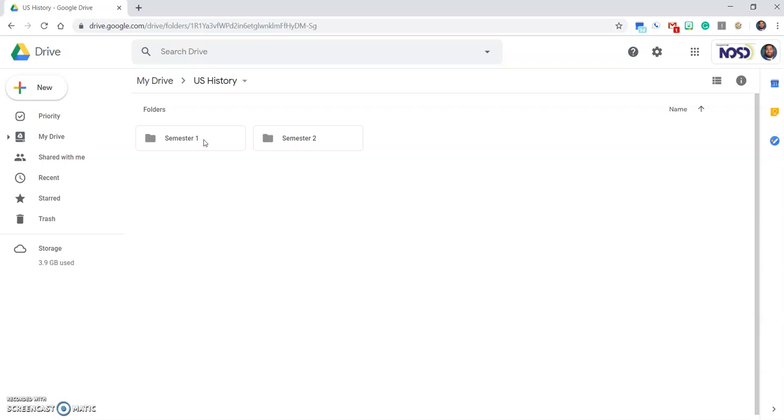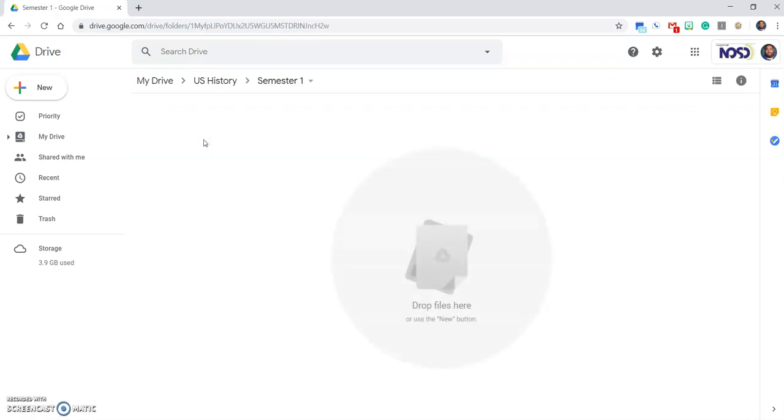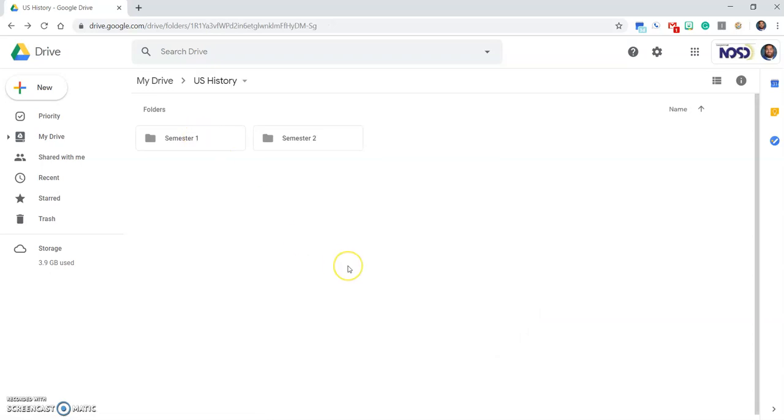So I have gone ahead and created a semester 1 and a semester 2 option in the US History folder. So now when I'm working on all of my homework assignments for semester 1, they're going to be in the semester 1 folder, not all scattered around alphabetically inside the folder. This will be much easier to manage